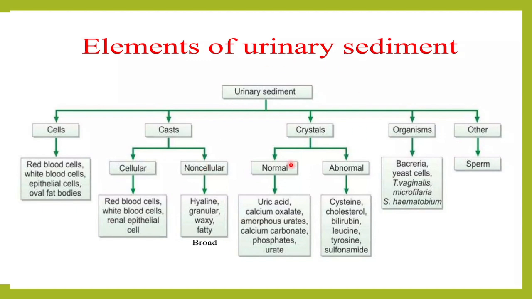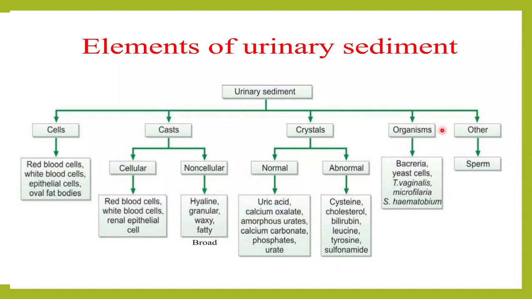Then you have crystals. There are certain normal crystals and abnormal crystals. Which are the normal crystals? Uric acid, calcium oxalate, amorphous urate, calcium carbonate, phosphates. All these are the normal crystals. Cysteine, cholesterol, bilirubin, leucine, tyrosine, sulfonamide. These are the abnormal crystals. Sometimes we even see certain bacteria, yeast, Trichomonas vaginalis, microfilaria, Schistosoma haematobium. All these are organisms which can be seen in the urine,